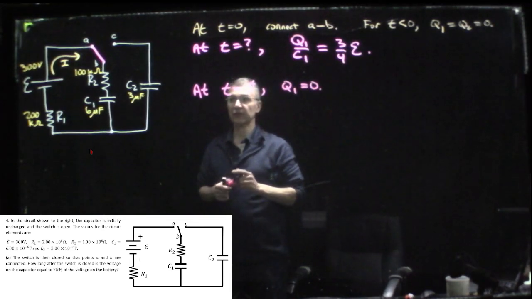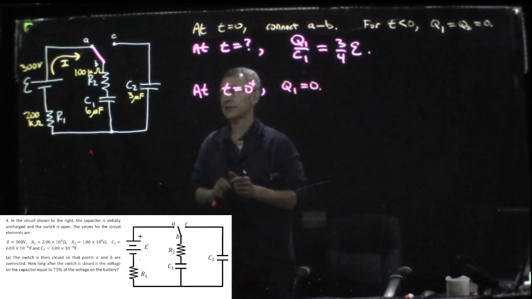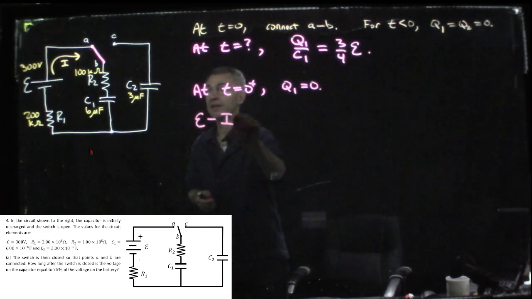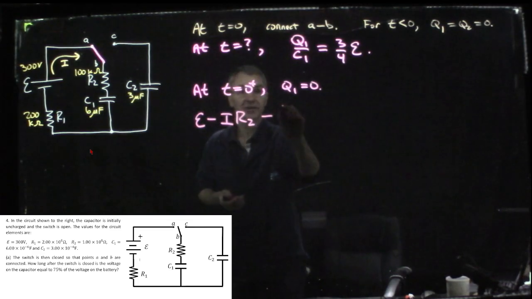So that allows us to find the current. So then we can use the loop rule. So the loop rule would say the battery voltage minus IR2 minus the voltage across this capacitor, but that's 0, Q1 over C1,